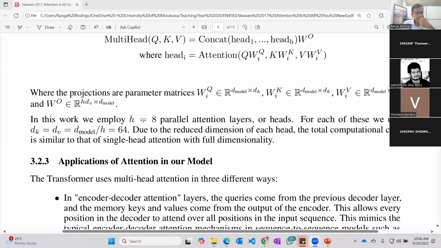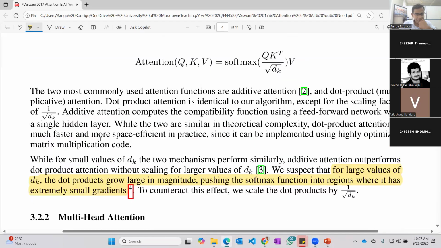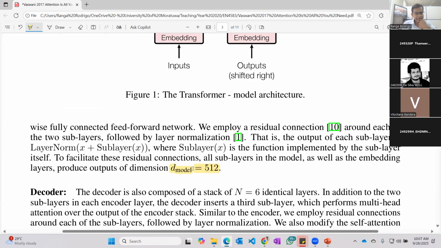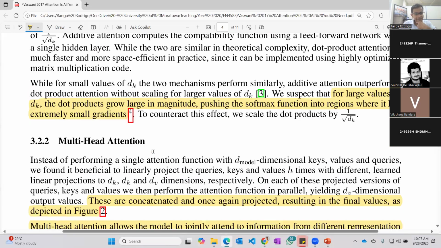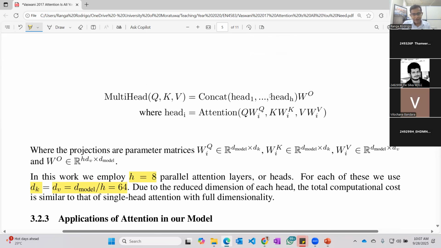What they do is, they use 8 heads. This is the original transformer paper. They use 8 heads, and this model dimension, D model, is 512. That 512 you take and divide by h and then get the dk and dv as 64. So you can see, rather than doing this